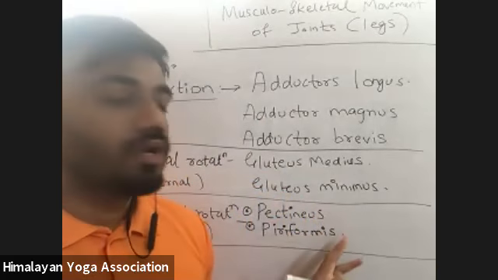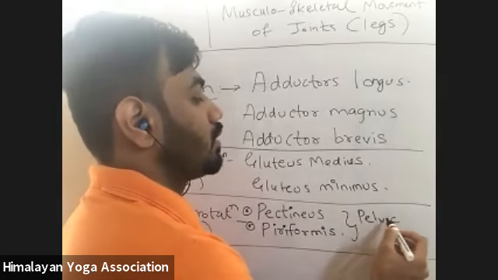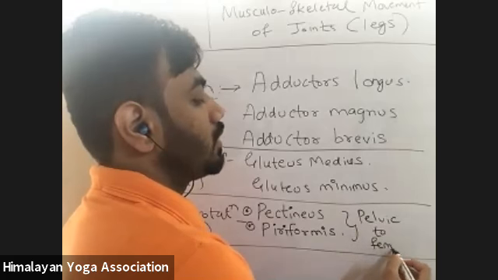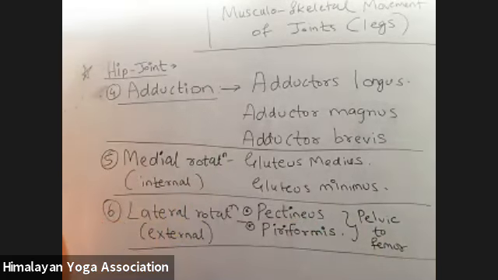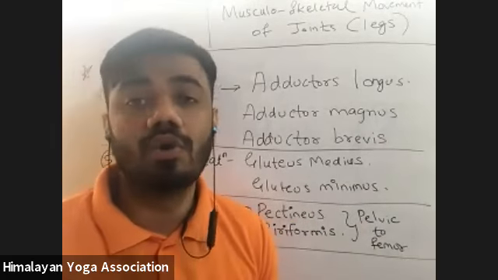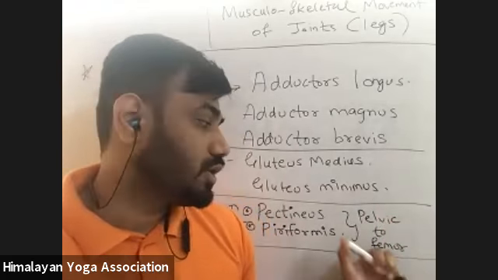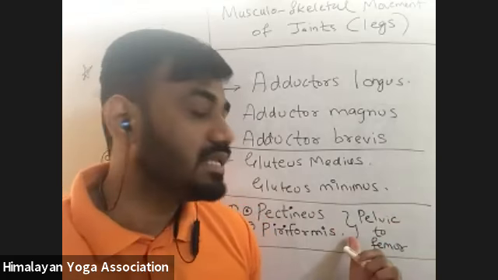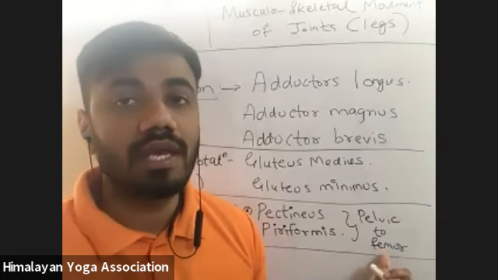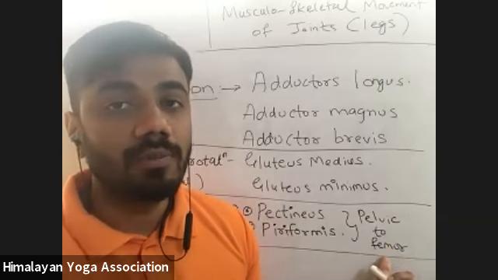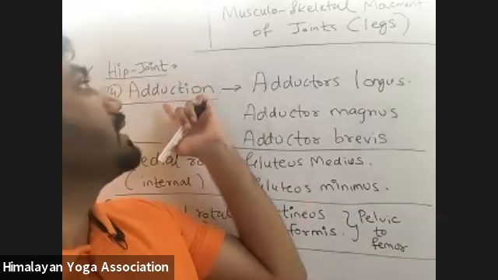These are the two muscle groups which also start from the pelvis and end up in our femur. So pelvis to femur is the starting and ending point of these two muscles as well. Most of the muscles you see originate from the pelvis, which is the stationary part, and when they insert into the femur, which is the non-stationary part, that is what we can move. By moving the femur bone, we can engage those muscles on certain joints.